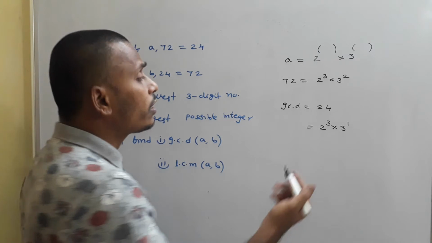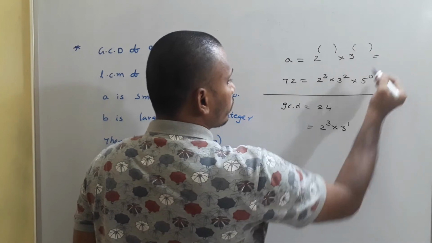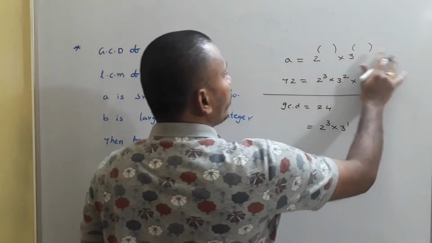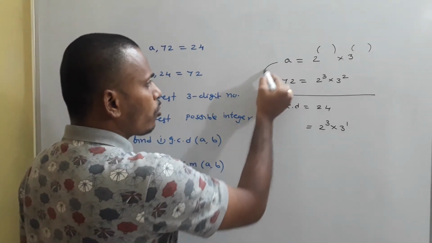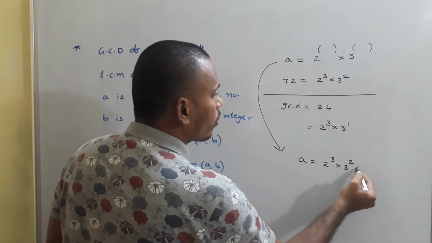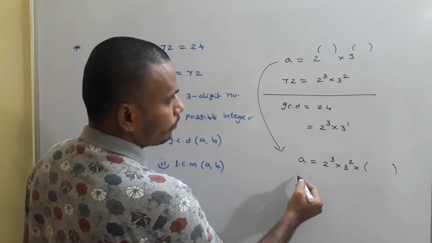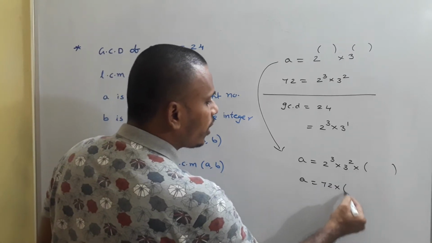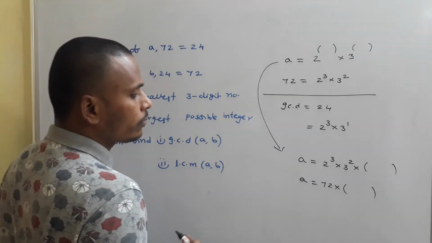Since we are discussing GCD, here 5 power 0 is involved, and since we have to think about the least power, here again we need to use only 5 power 0, so the same applies to 7 power 0, everything. So you just think about A from there. So A is equals to 2 power 3 into 3 power 2 into something. 2 power 3 into 3 power 2 is 72, 72 into something you can write. So since A is mentioned as the smallest 3-digit number, you need to think about